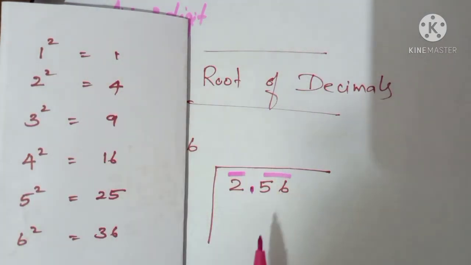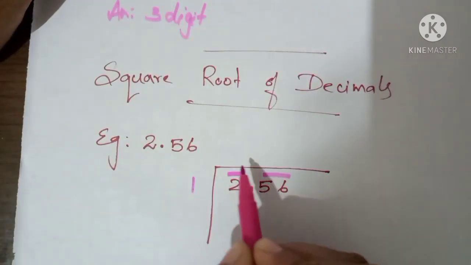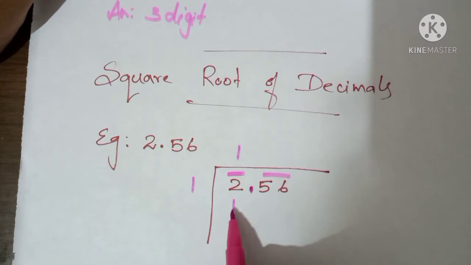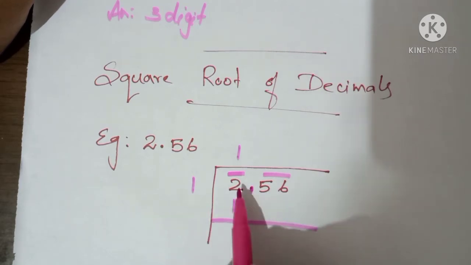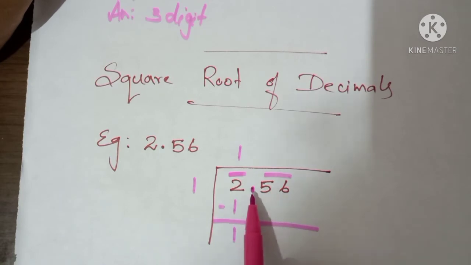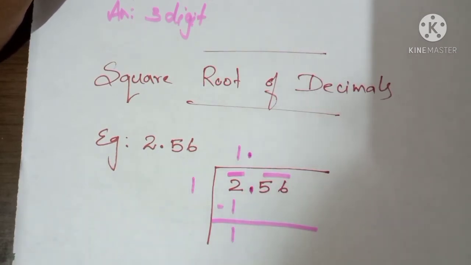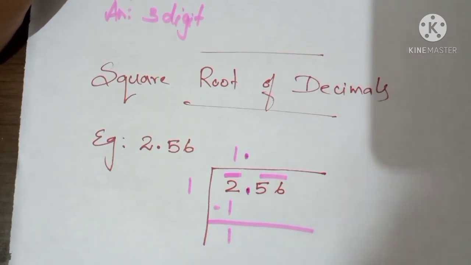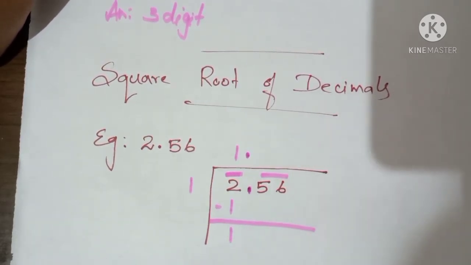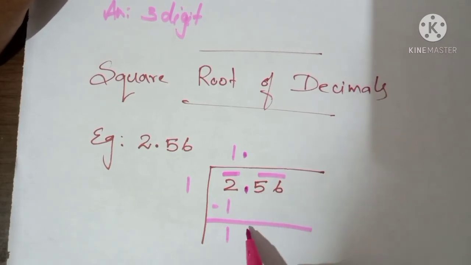Since 4 is a bigger number, we cannot write. So we will go for the smaller value. So I will write here 1. Here also 1. 1 into 1, 1, right? So 2 minus 1, 1. Next you have here point, right? So don't forget to put the point. Is it clear? Next what we want to do? We want to bring this pair down. So write here